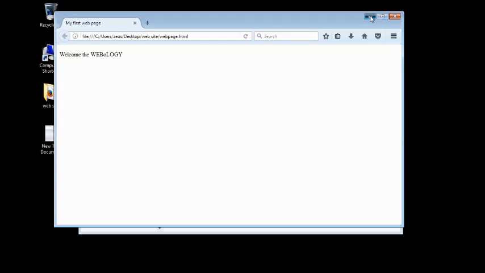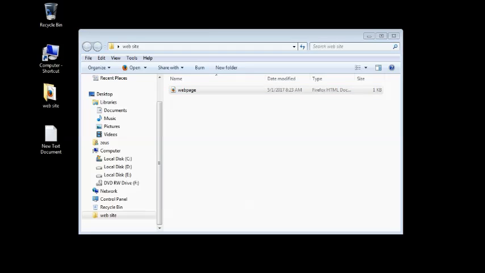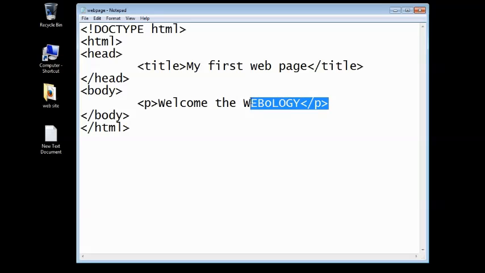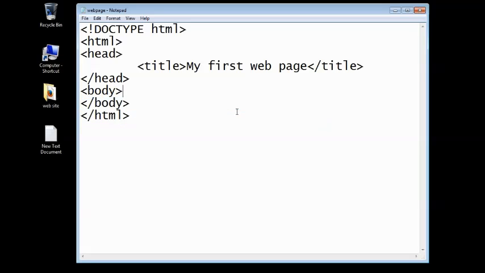Now I'll just minimize this and modify our HTML code so that I can show you the heading element and how we use it. A little word on the heading elements: there are six types, starting with H1 and going down to H2, H3, H4, H5, and H6. So there are six levels of headings in HTML, and H1 is the biggest heading in terms of font size, and it is used by search engines